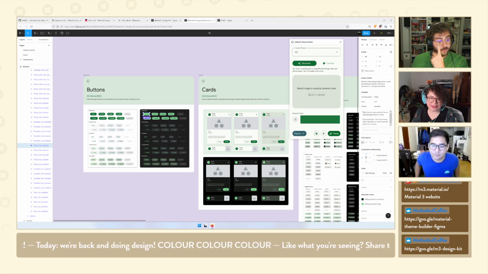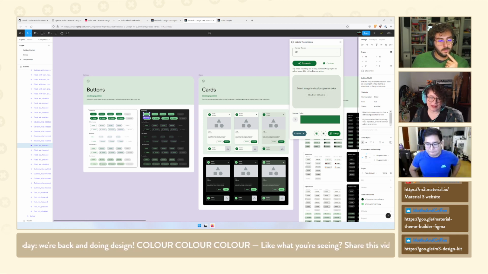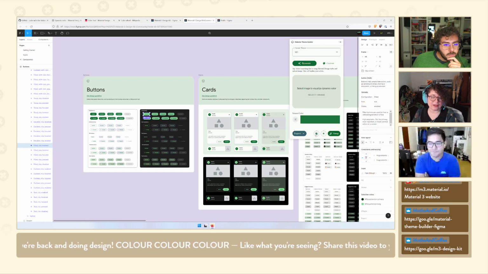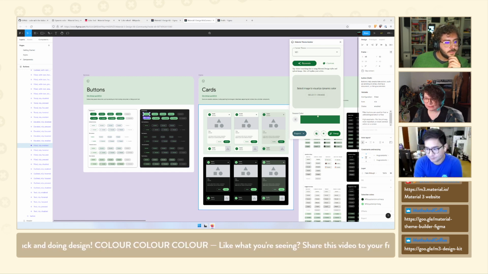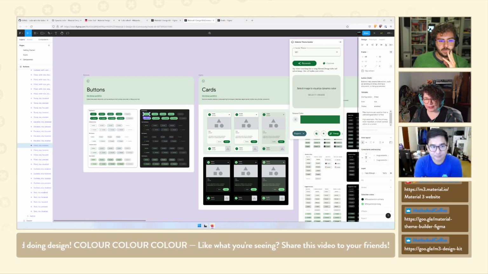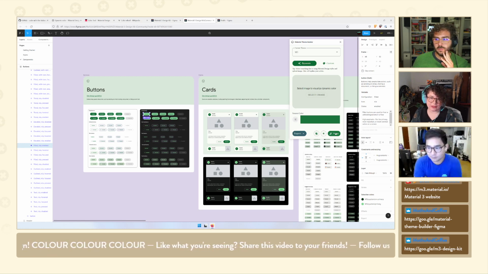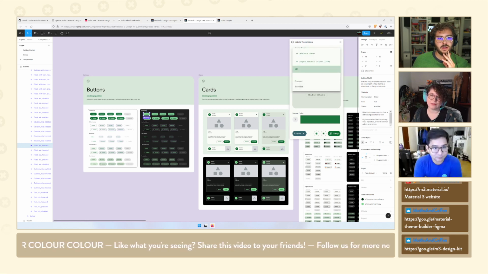So that will actually switch whatever's selected to dark mode, or dark theme, and then the other one will do light theme. And then the swap button will actually swap the selection, whatever's selected, to the theme that is in the current theme dropdown. So you can add new themes. Baseline will just set the